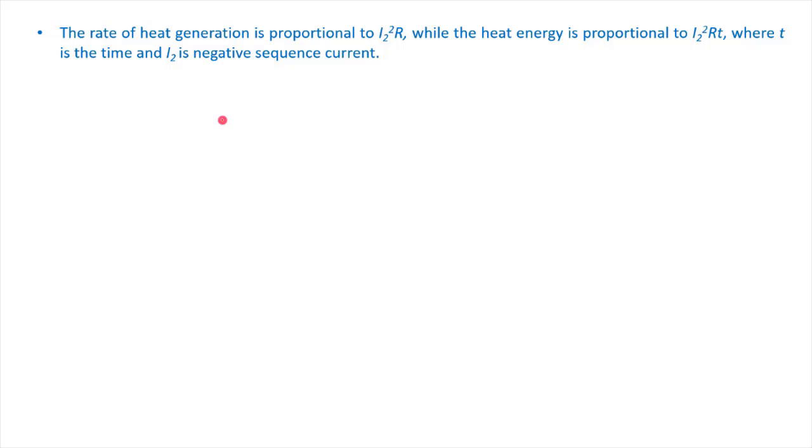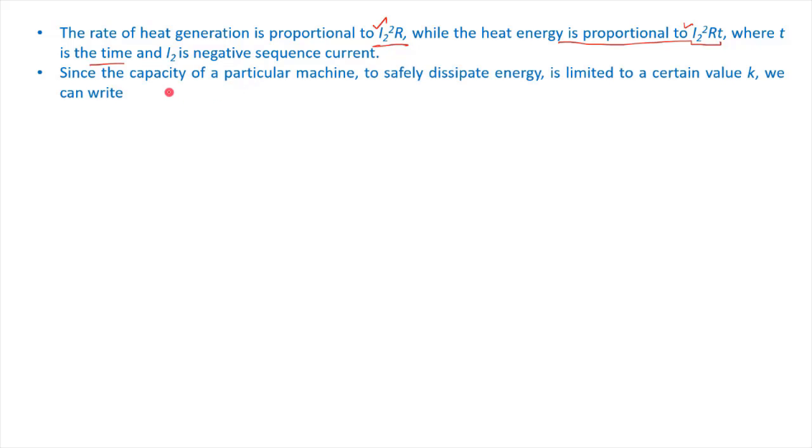So the rate of heat generation is proportional to I2 square R, where I2 is the negative sequence component of the current, while the heat energy is proportional to I2 square R T, where T is the time for which it is being produced. Since the capacity of the particular machine to safely dissipate energy is limited to a certain value